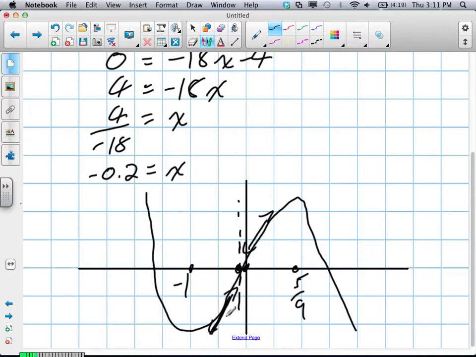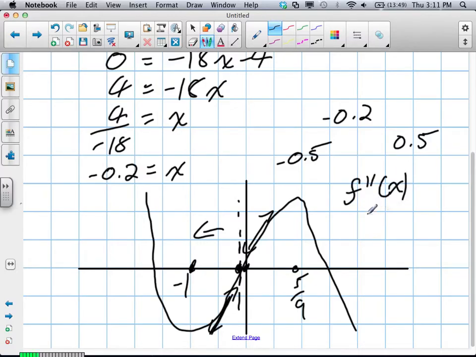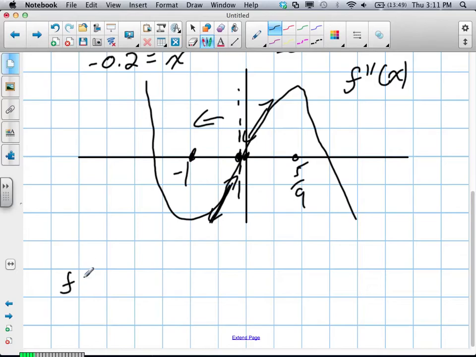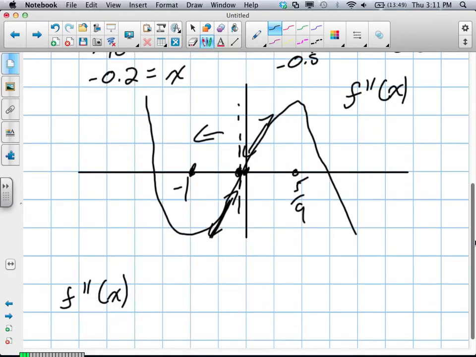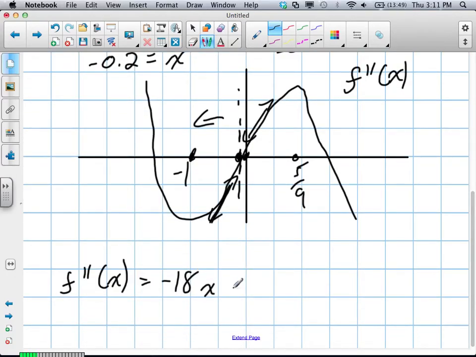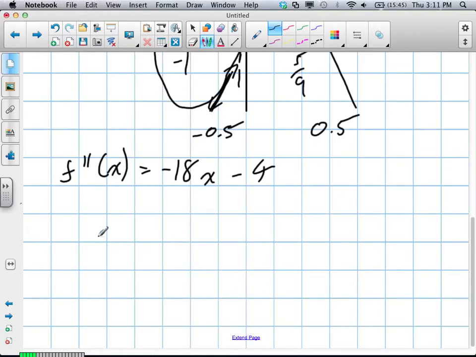And we do have to check this. We have to check for a point in between these, or at least to the left of negative 0.2. So something like negative 0.5. And to the right of 0.2, something like 0.5. And we have to plug them into our f double prime x to find if it's concave up or down. Well, f double prime x here is negative 18x minus 4. If we have negative 0.5 as one value and 0.5 is our other, okay, to find out concavity around it,